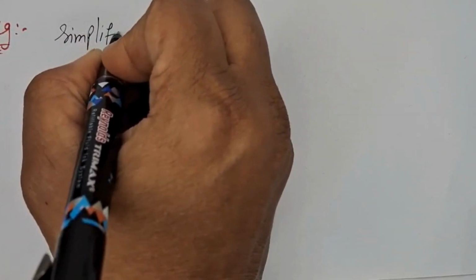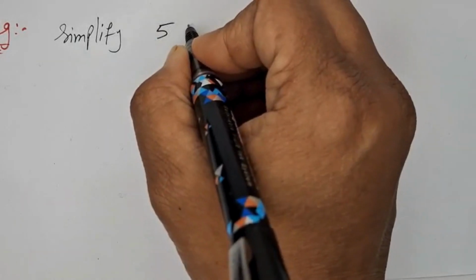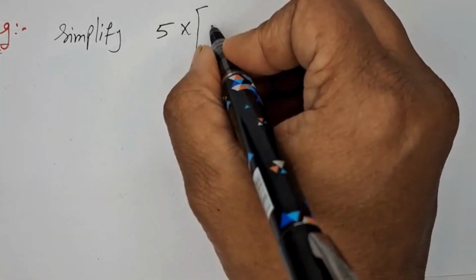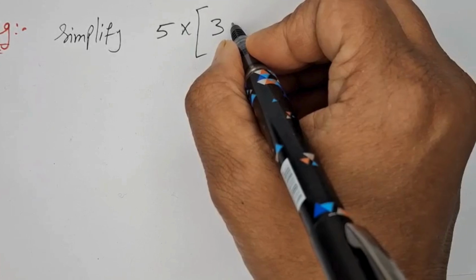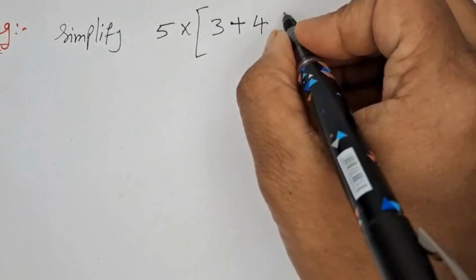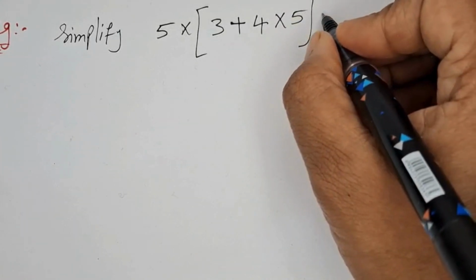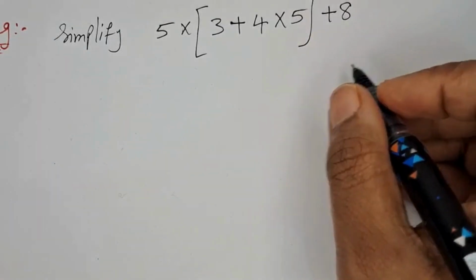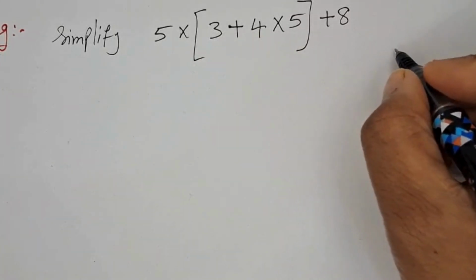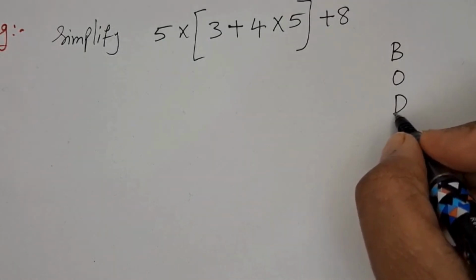The question is: simplify 5 into, open the bracket, 3 plus 4 into 5, close the bracket, plus 8. So this is the question. How to solve this? First we'll write BODMAS, the basics. So we have to follow